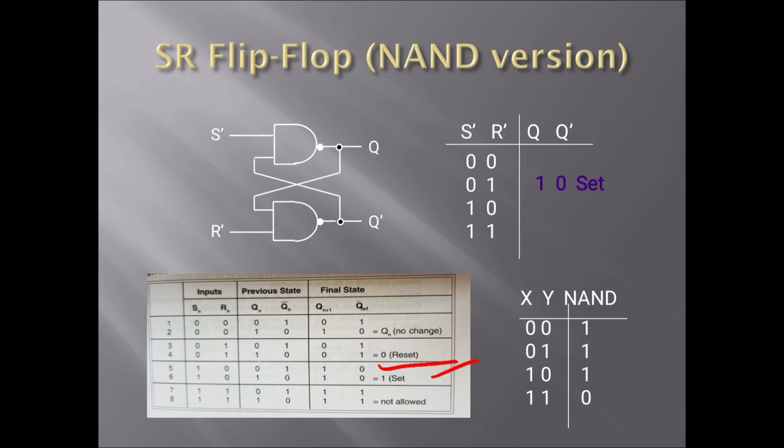In the next SR values, that is when we talk about S value 1 and R value 1, and we assume the value of Q is 1 and Q complement is 0, this one case, that is 1 1. When we talk about 1 1 as an input to this flip-flop,